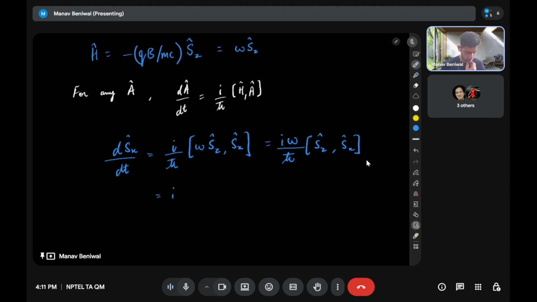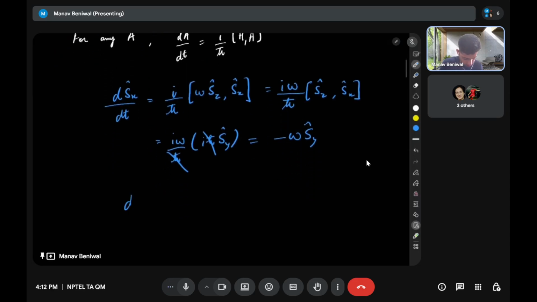So this becomes i omega by h-cut times i h-cut S_y. The h-cut cancels out, and i squared becomes minus 1. So we have minus omega S_y. Finally, our equation of motion becomes dS_x/dt equals minus omega times S_y,